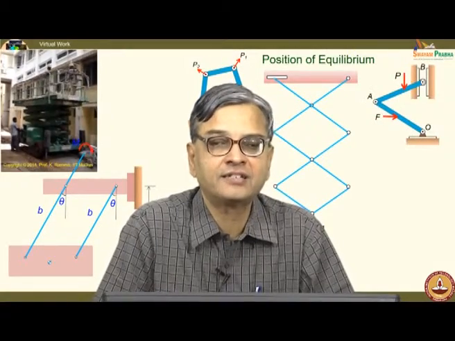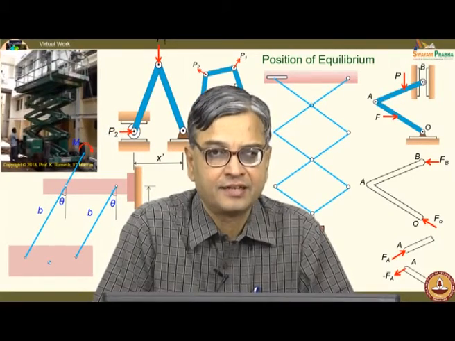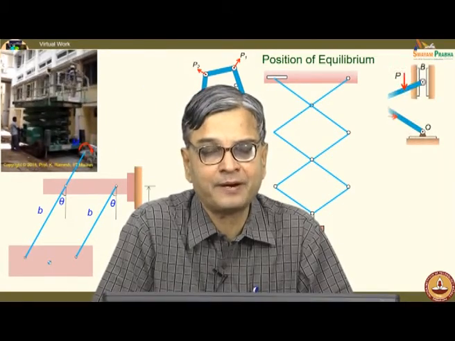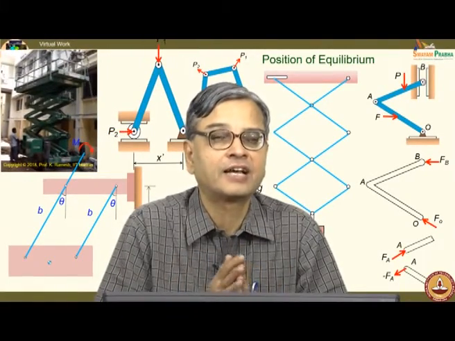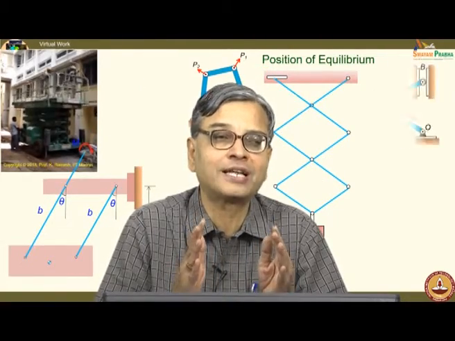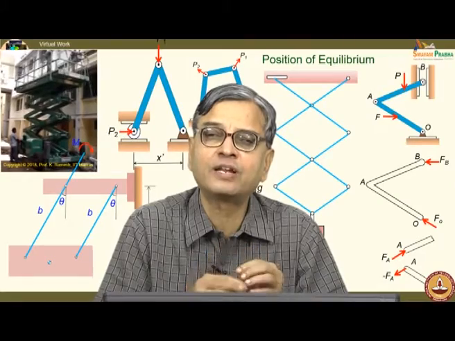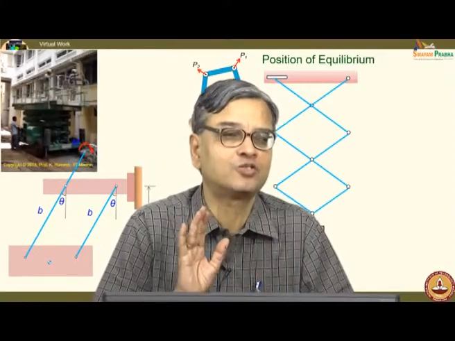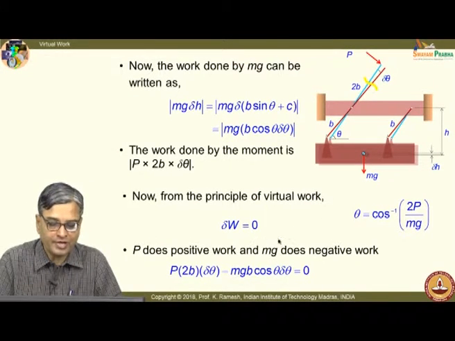So, my recommendation is, get the incremental quantities, do not assign the sign, investigate for each of the active forces, look at the virtual displacement and find out whether they are in the same direction or opposite direction. If the corresponding displacement is the same direction as the force, then you take that virtual work contribution as positive. If they are opposite, it is negative. Then you will find the method of virtual work is very elegant and simple. Any problem that is given to you, you can comfortably solve it. There is no difficulty at all. So, that is the approach I would recommend.